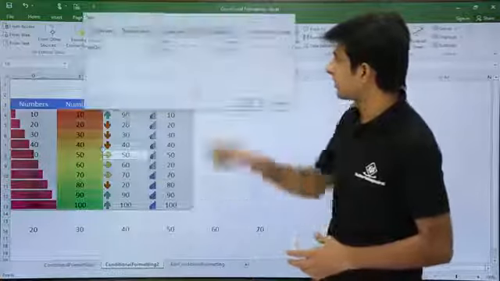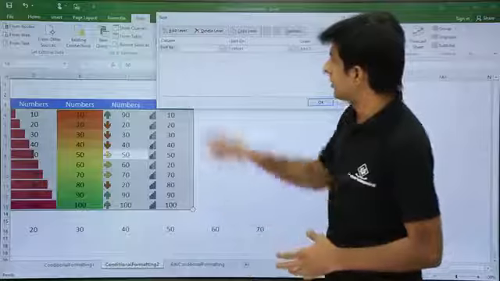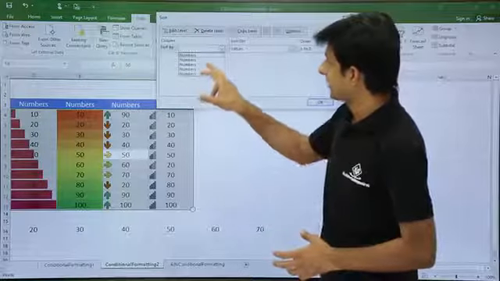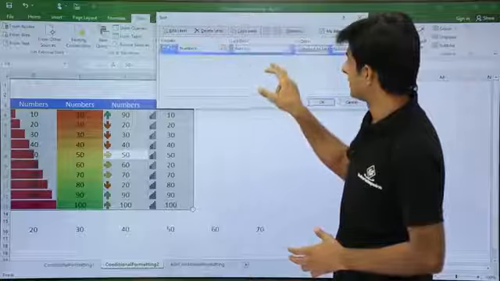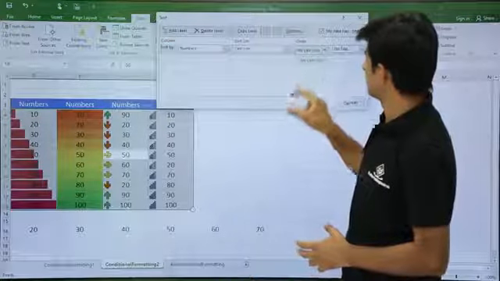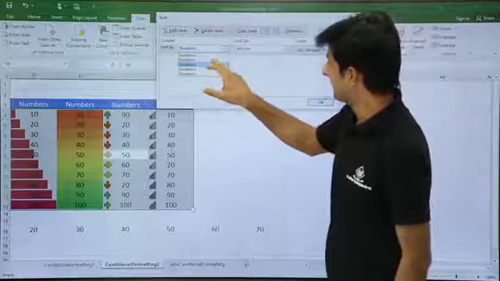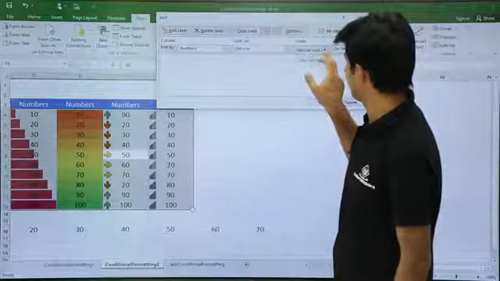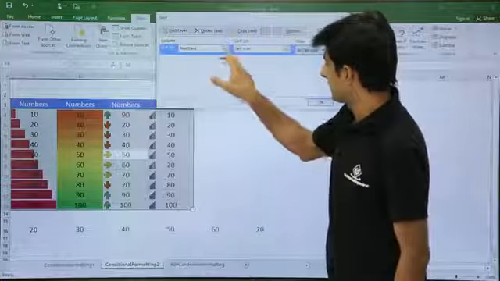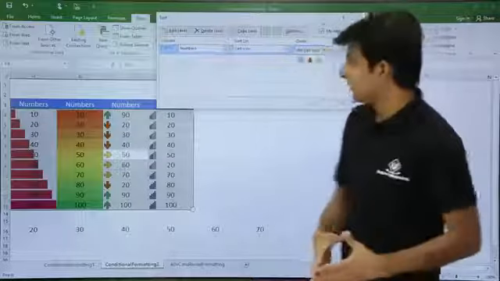In the sort option, the name of the column is right now numbers, all are numbers here. So I'll select the numbers column and say based on the icon sets.